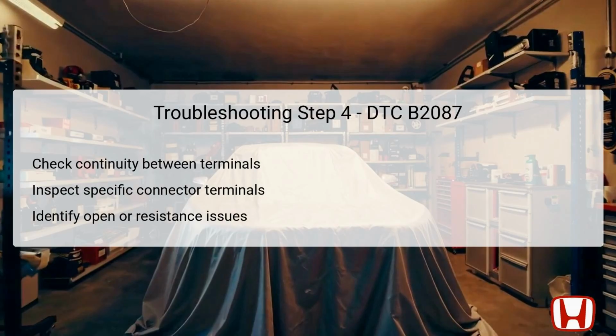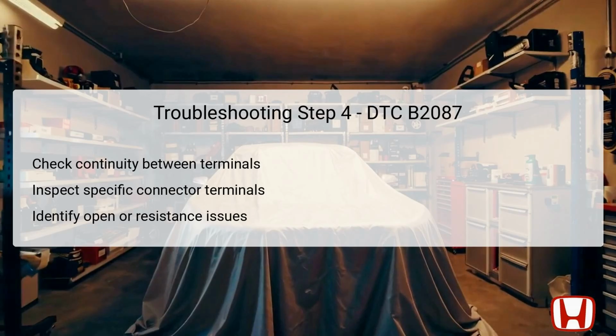If you find continuity, it indicates that the wiring between these components is intact, which suggests that the issue lies within the rear latch itself, necessitating its replacement. If continuity is absent, it points to a potential open circuit or high resistance in the wiring, requiring repairs to restore proper connectivity. This step is essential in identifying whether the problem is related to the switch, the control unit,